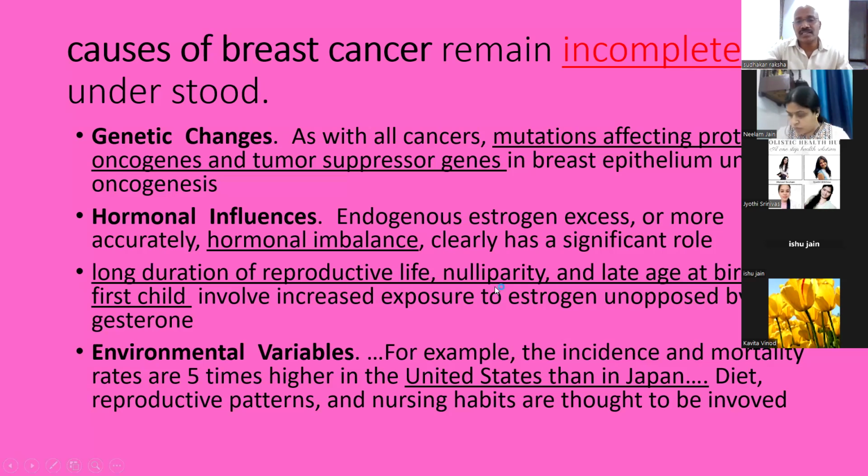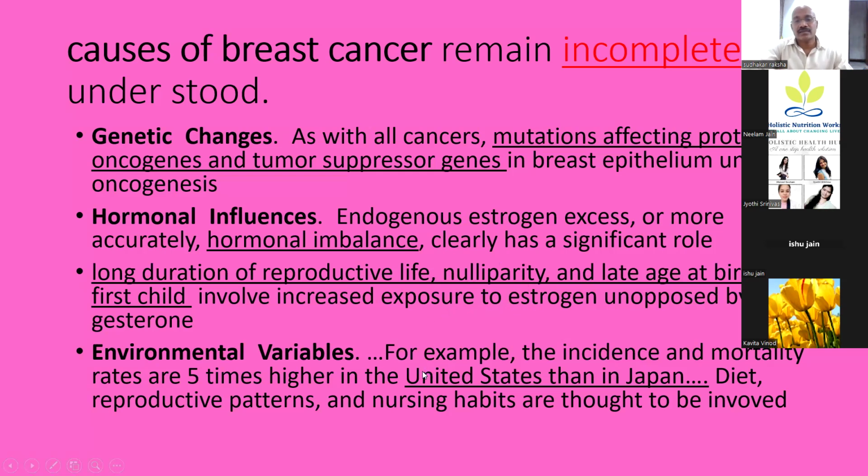When childbirth is very much delayed, normally 21 years is the best time. But nowadays, the first childbirth is delayed. If it is at 35 years or so, all these things will result in increased exposure of estrogen, unopposed estrogen. Estrogen opposition is progesterone. So all these things will lead to unopposed estrogen exposure, and there is an increased risk of breast carcinoma.